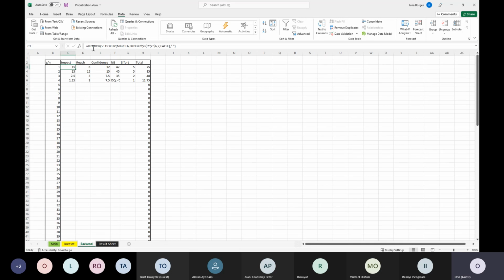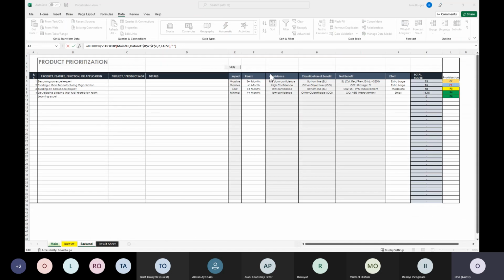So I've made it a slightly complicated function here, but don't be afraid. It's really easy if you understand it. So I will start from the inside of it to explain. If you look at the VLOOKUP here, you would see that it's getting the data set from the page I showed you that had the array.